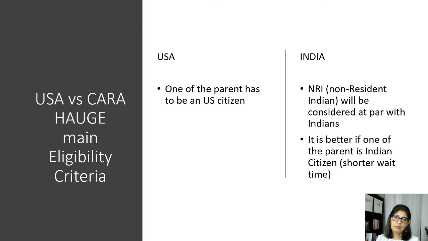So if you guys are in the process of getting your US citizenship, it might be better if one of you holds back and keeps your green card, but doesn't get the US citizenship. So you still have your Indian citizenship, but the other partner has to have a US citizenship so you can initiate the process. Why it is better to have the Indian citizenship is that you will have a shorter wait time, because then your match will be faster compared to the non-US citizens. So this is definitely important information to keep in mind if you guys are in the process of getting your US citizenship and are looking to adopt from India.